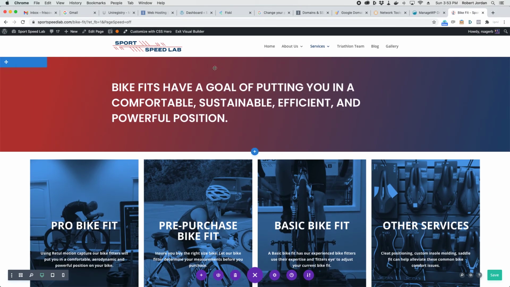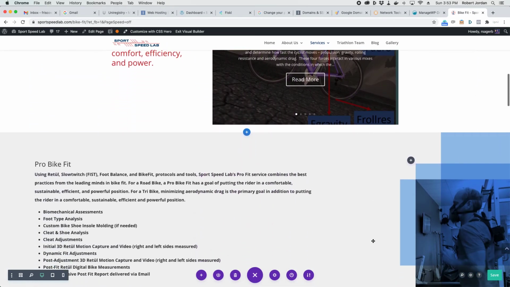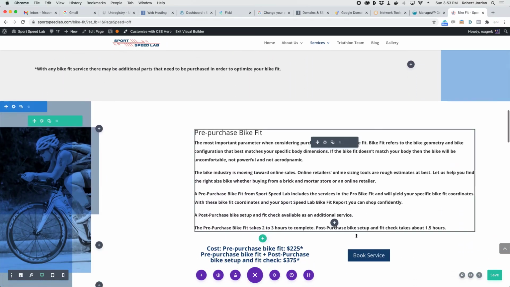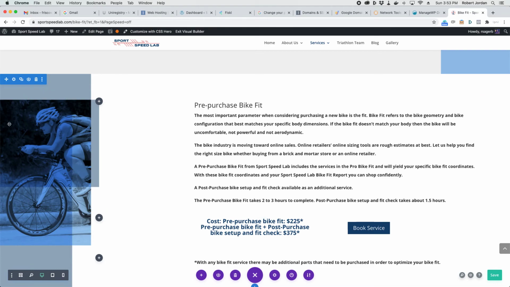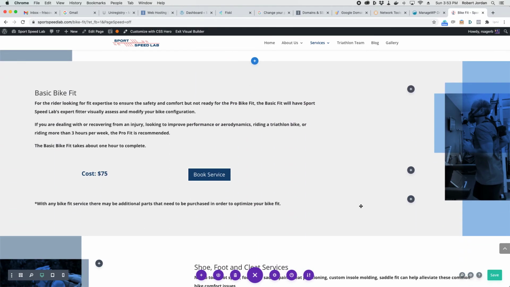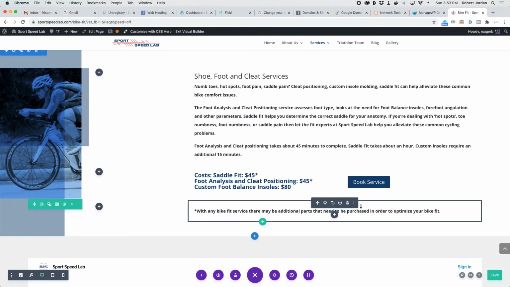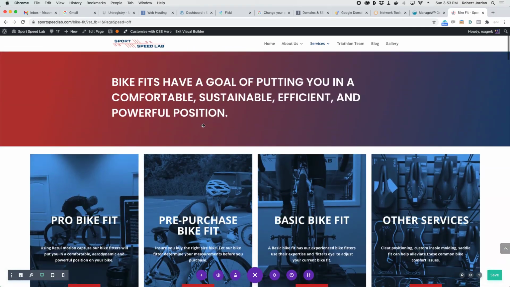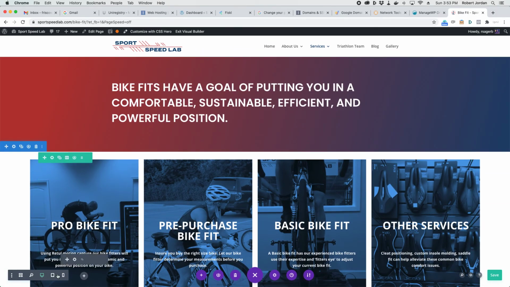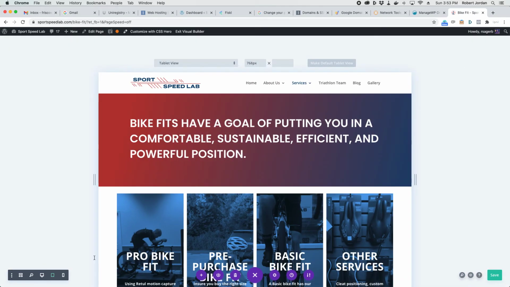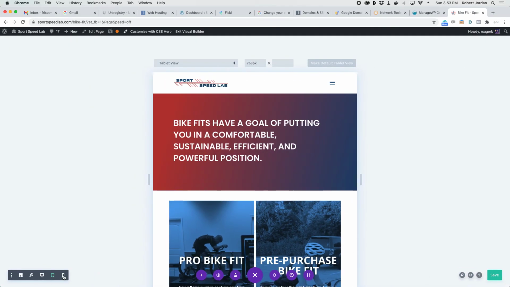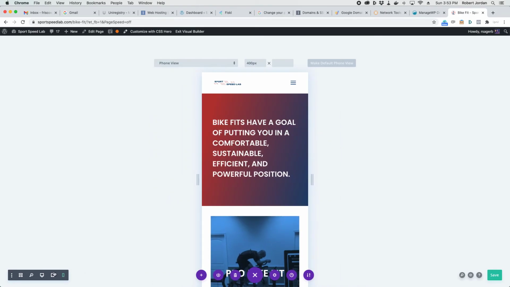You can do that on any page that you see here. Pretty much go into anything, click on it, and make your changes. That easy. Now, let me show you this too. This also works for the most part if you need to make changes for a tablet-sized view or a phone-sized view. Once you click this,